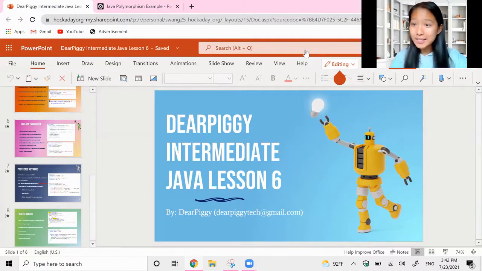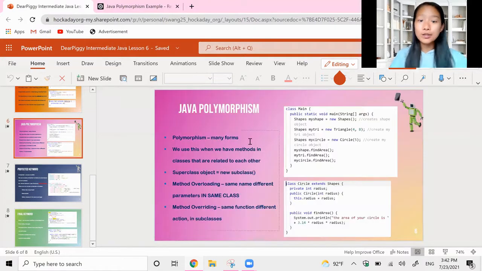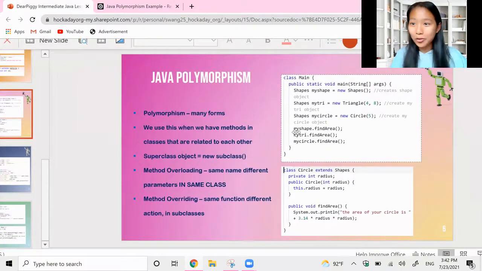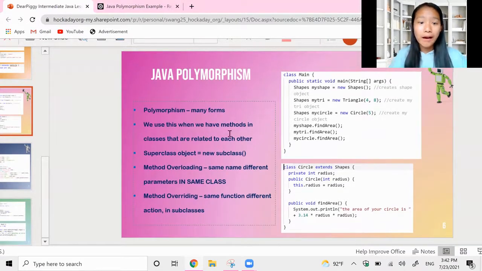So in this video, we're going to be talking about a new fancy topic, Java polymorphism. We've probably heard this before in some fantasy novels and such, and basically polymorphism means many forms. So you might have read about characters that can take many forms and things like that. Well, basically, this is what Java polymorphism is. It's basically when we have methods and classes that are related to each other, or many forms of these methods